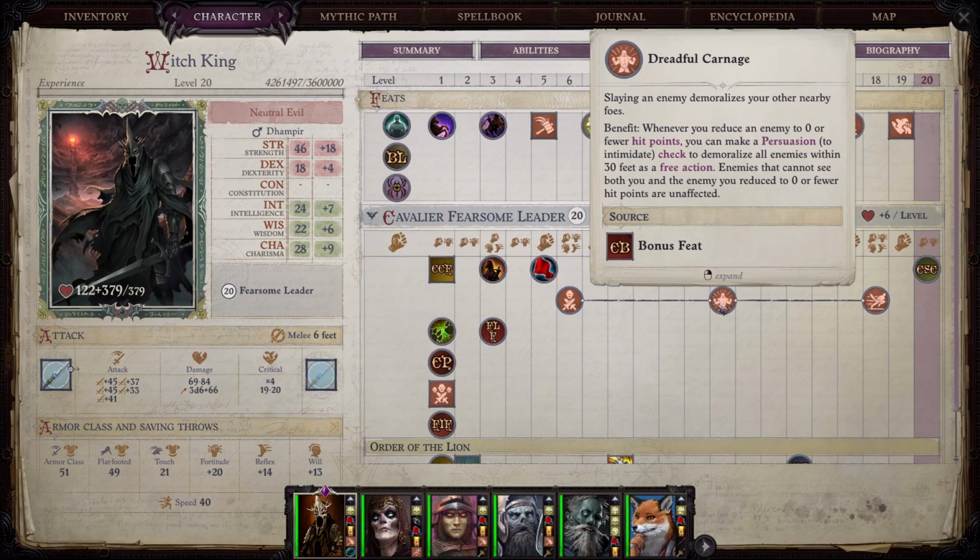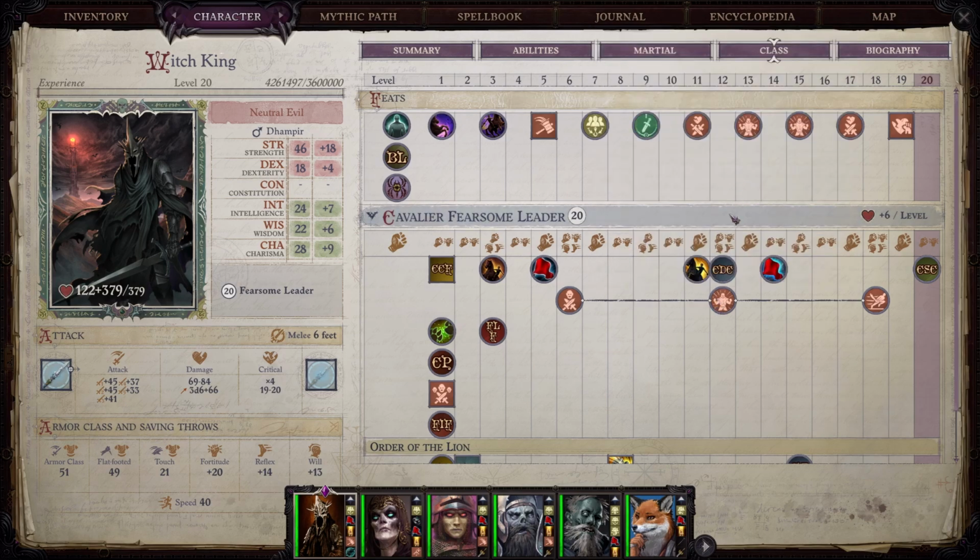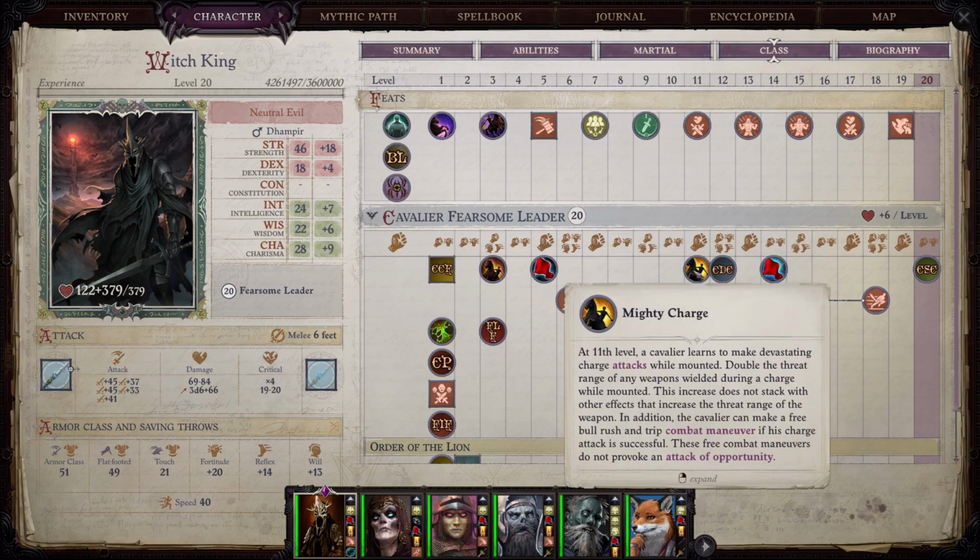So it's a very, very powerful debuff. In fact, depending upon what kind of playthrough you're doing and the makeup of your team, it might make more sense to take this at level 11 and take improved critical at level 12. Up to you. Oh, also at level 11, you're going to get Mighty Charge, which means you double the threat